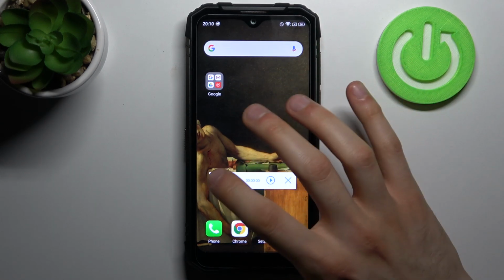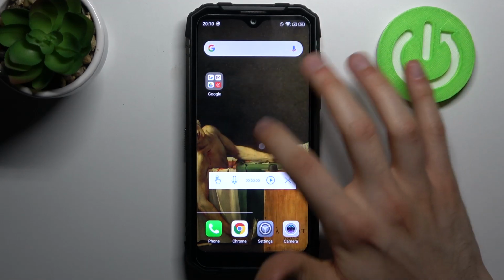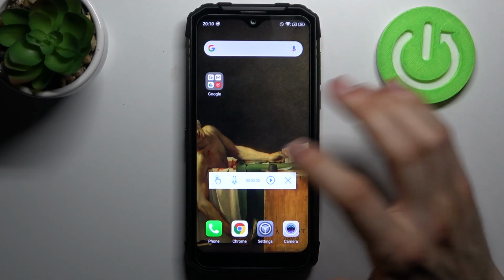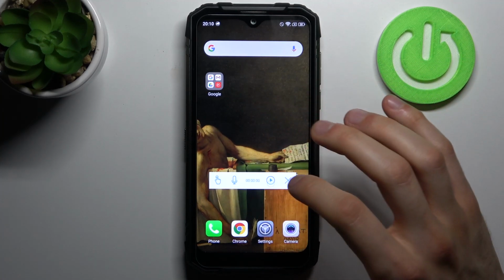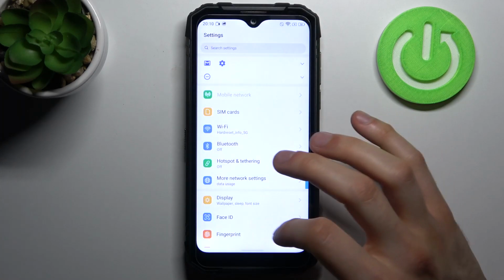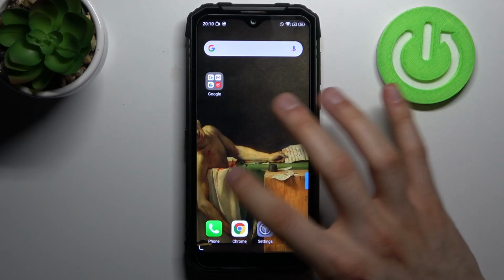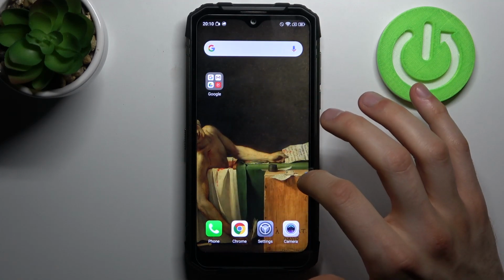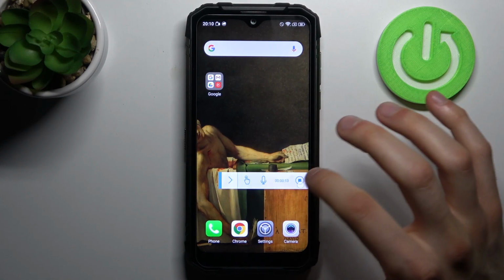You can enable or disable the touches here. You can enable or disable the microphone. To start recording, just tap on the start button, and after that recording starts. Let's record some of our screen. If you want to stop recording, just tap on this menu here and then tap on the stop button, and